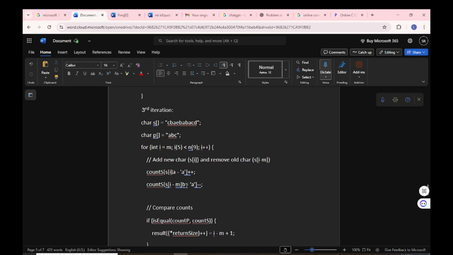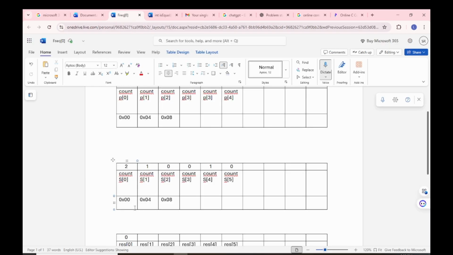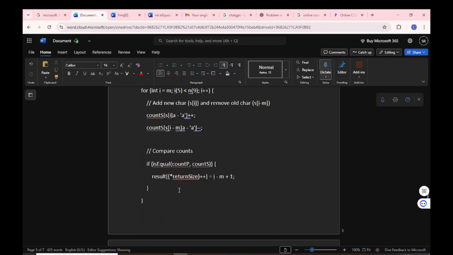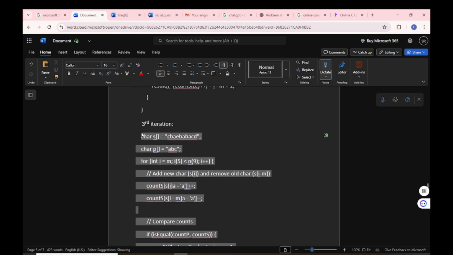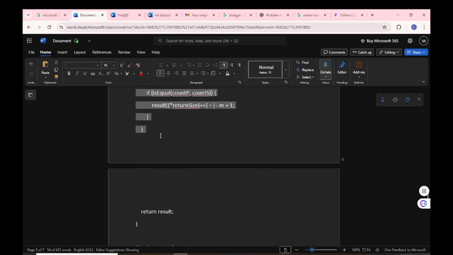2. So 0 1 2, a minus minus, that means again 1. We're just trying to simulate, guys, okay? This is simulation, and compare again, they are not equal, right? So fourth iteration now,